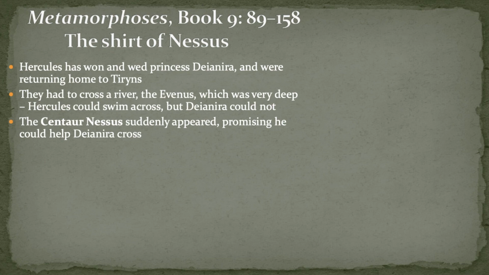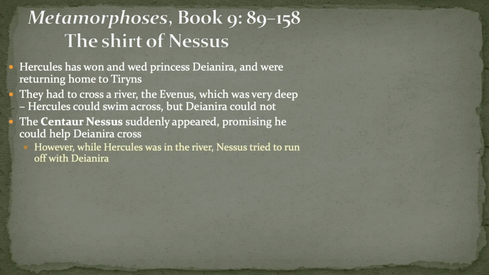However, Hercules has had experience with good centaurs, or specifically the centaur Chiron, who wasn't born in the same way as the other centaurs. So this is why perhaps he agrees when centaur Nessus appears, promising he can help Deianira across, you know, because he's part horse, he can ride through the water and she can sit on his back, that Hercules agrees. However, while Hercules is in the river, Nessus then does a really centaur-y thing and tries to run